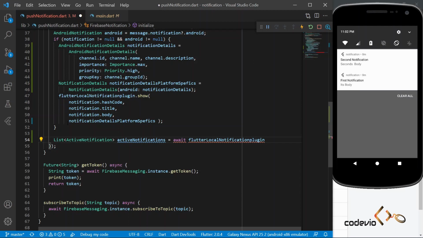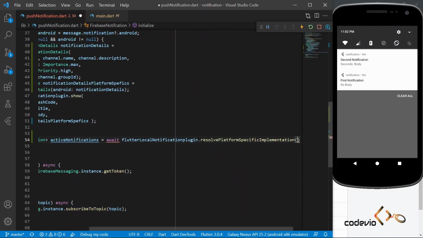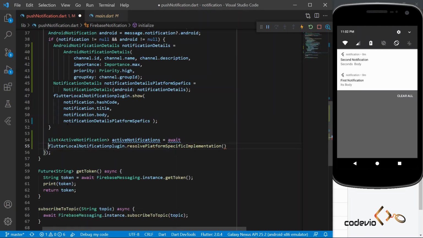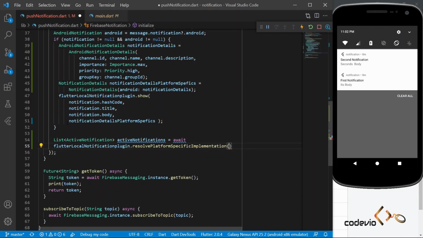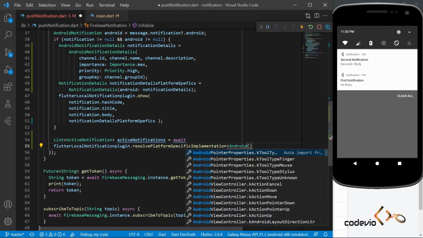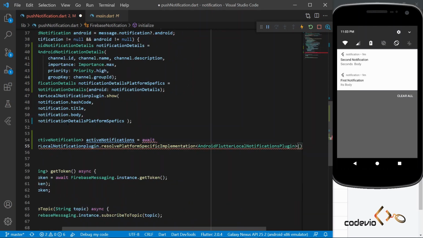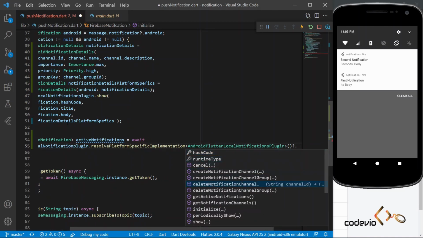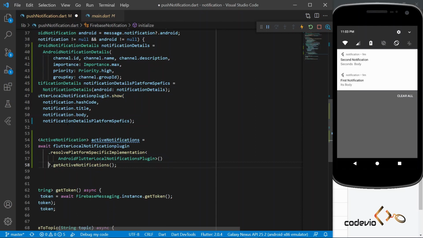So we can use our Flutter local notification plugin and then resolvePlatformSpecificImplementation. Its type is Android Flutter local notification plugin, and then dot getActiveNotifications, we will use that method, and we will receive the notifications.